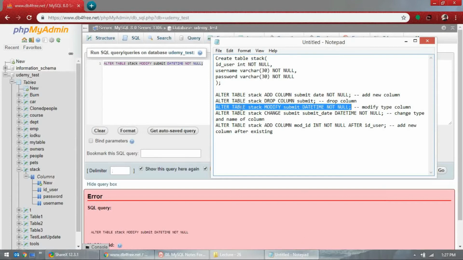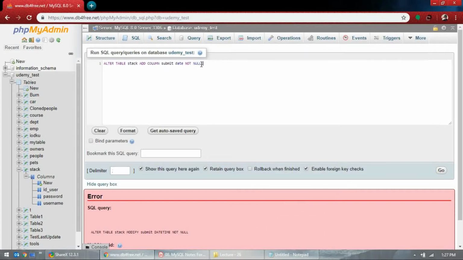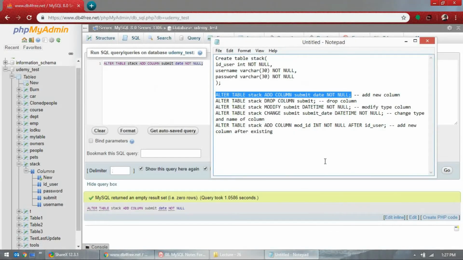We should not have dropped. We should not have run that second query. We can create it again, not a big deal. So now we'll not run this second query, we'll run this third query.